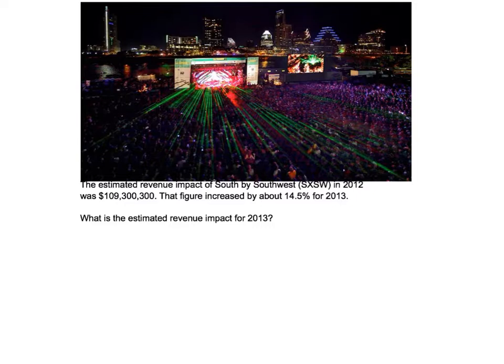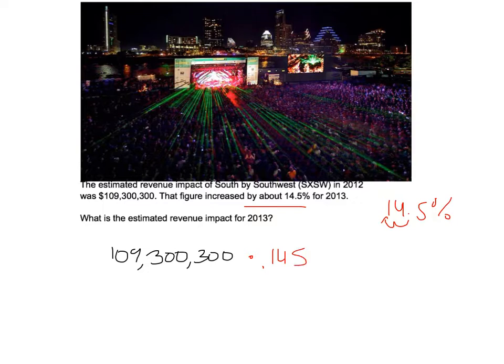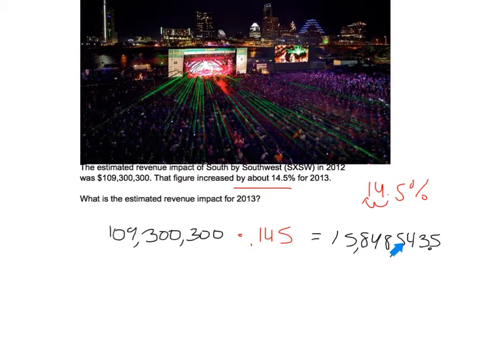So what we're going to do is take this number for 2012, and multiply that by 14.5%. Of course, we know 14.5% as a decimal is 0.145, okay? So when you take 109,300,300 times 0.145, you get, hopefully, 15,848,543.5, which is, let's see, 15,848,535.50. And then what you're going to do is say, well, okay, this is the amount that it increased, okay,